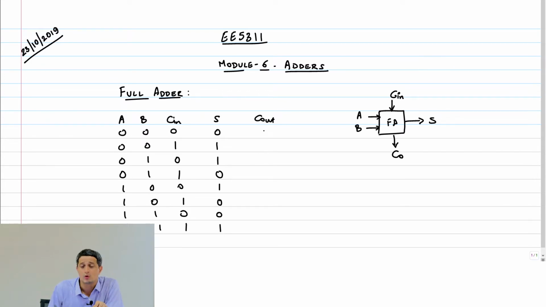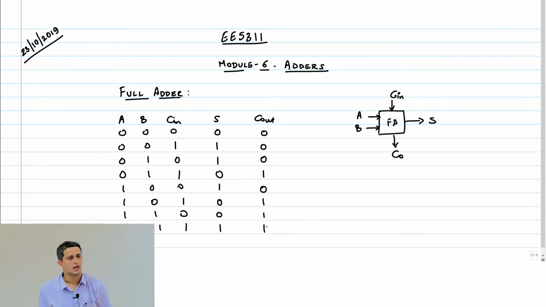What about carry out? Essentially the carry out is you're adding the numbers. If you have 2 or more ones, then your carry out, you have to take it to the next bit, right? That's just like you do in decimal numbers. Only if the number goes beyond 9, you do it there. Here you do it if the number goes beyond 1. So therefore this will be 0, 0, 0. There are 2 ones here. You get 1. Again 0, 1, 1 and 1.